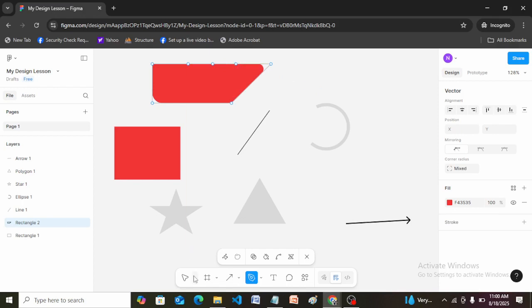Then you go back to your normal move tool. Then you can do whatsoever you want to do on that particular point that you just created. So likewise, you can do the same for the other